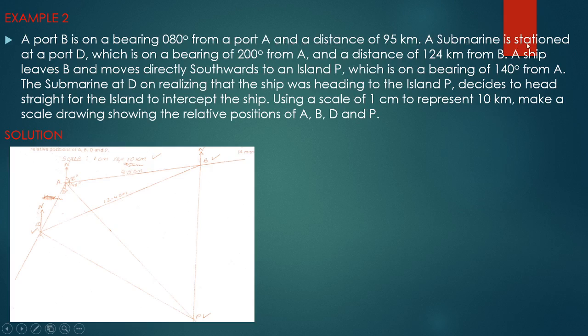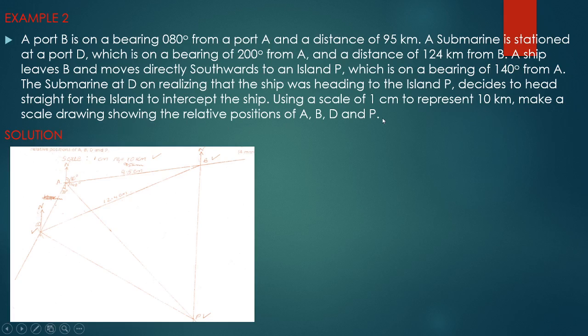A submarine is stationed at a port D, which is on a bearing of 200 degrees from A and a distance of 124 kilometers from B. A ship leaves B and moves directly southwards to an island P, which is on a bearing of 140 degrees from A. The submarine at D, on realizing that the ship was heading to the island P, decides to head straight for the island to intercept the ship. Using a scale of 1 centimeter to represent 10 kilometers, make a scale drawing showing the relative positions of A,